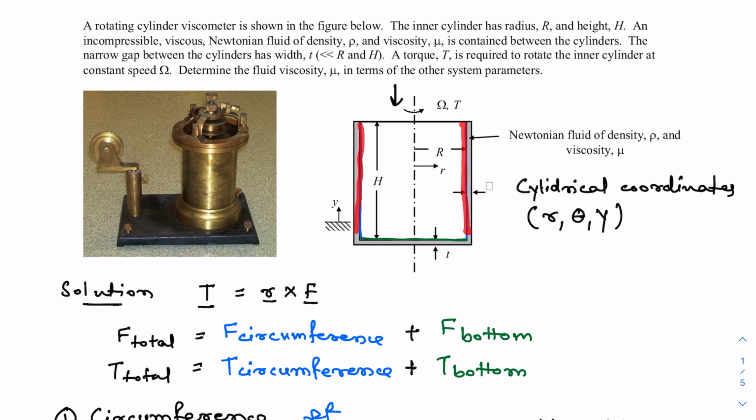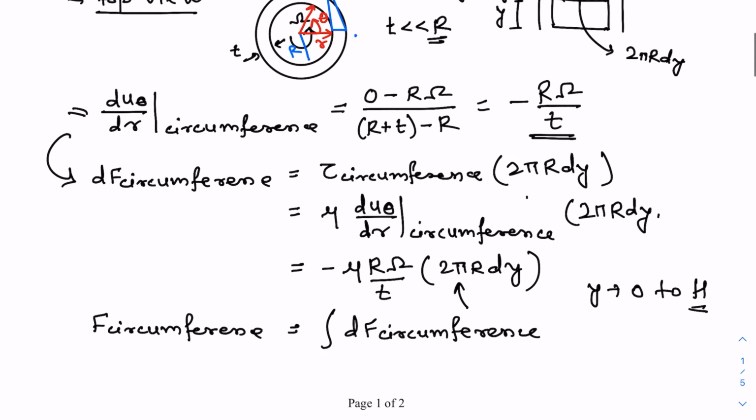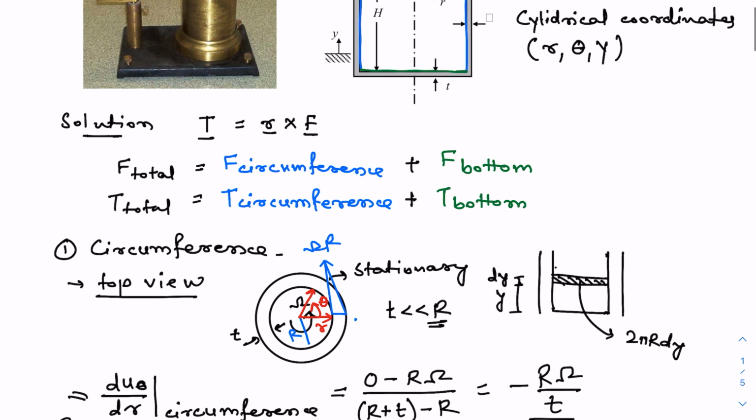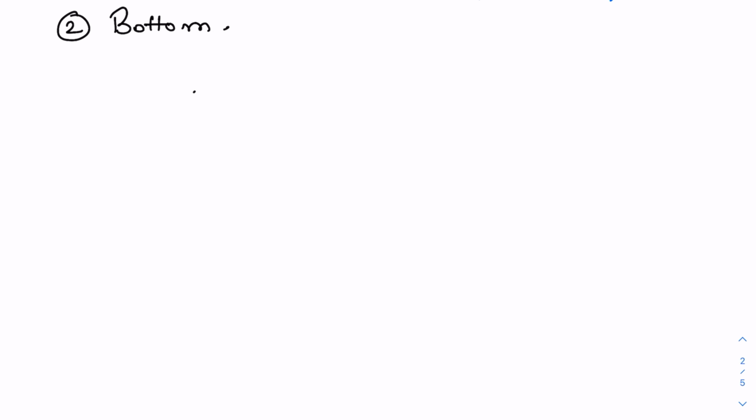So this is the torque acting on the circumference of the cylinder, but we also need to calculate the torque acting on the bottom to find out the total torque. Now if you look at the bottom from the side, what you will find out is that this is the bottom surface of the inner cylinder. This is the bottom surface of the outer cylinder. This is radius r, and the fluid here